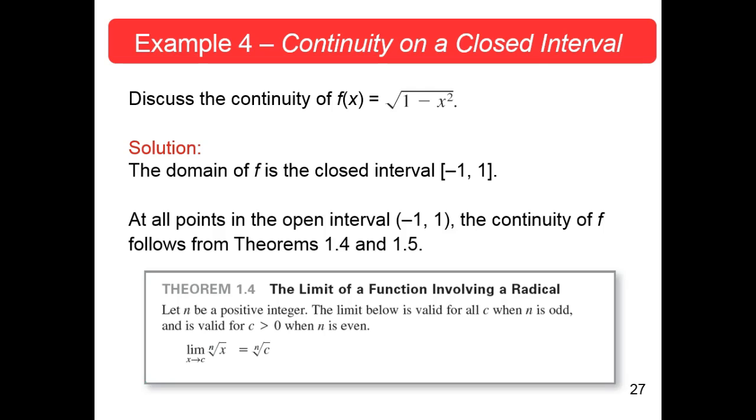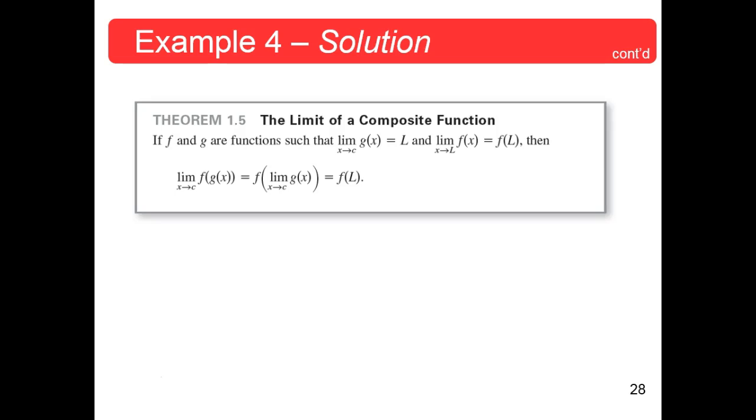Let n be a positive integer. The limit below is valid any time when n is odd, and is valid only when c is greater than 0 when n is even. That's greater than 0. Well, we found that it is defined at c and at minus c, so now we can include the endpoints. So 1.5,